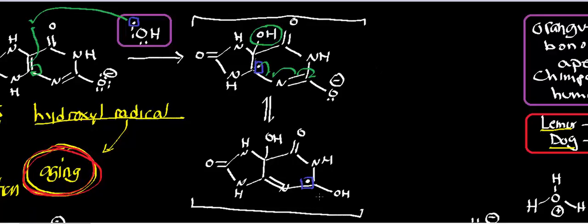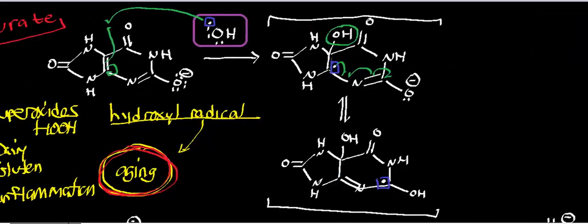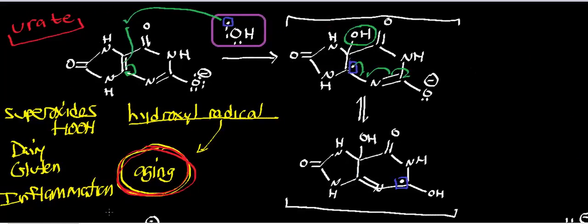But the point I want you to see is that, number one, you take a very reactive and unstable hydroxyl radical, and then you tie it up to the urate nucleus, and then you actually render the radical electron astronomically less reactive. Okay, so now the radical is significantly less reactive, and it doesn't do much. And then this molecule right here, this proton should be gone. Let me erase that. Okay, there we go. And so now the radical electron is significantly less reactive, and it can't cause really any